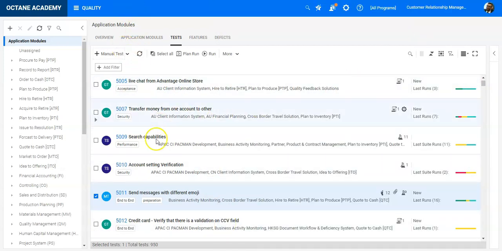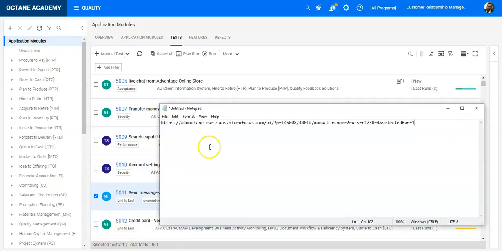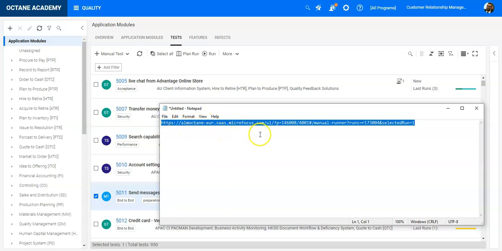and now when I go to Notepad, I can paste it here, and here I can see that for each test run I have the R and the ID of the test run, and I'm able to package it directly using the manual runner. So I will put this link behind each test run. So I will copy it,